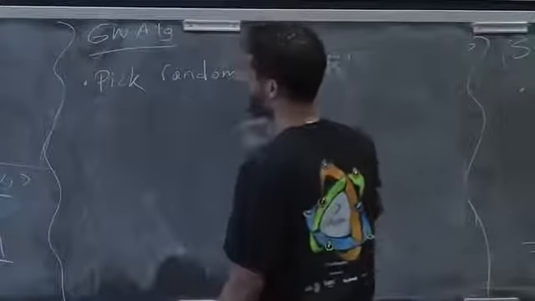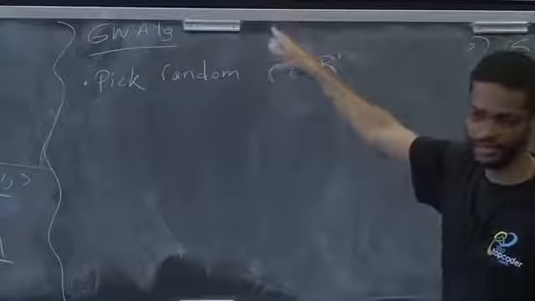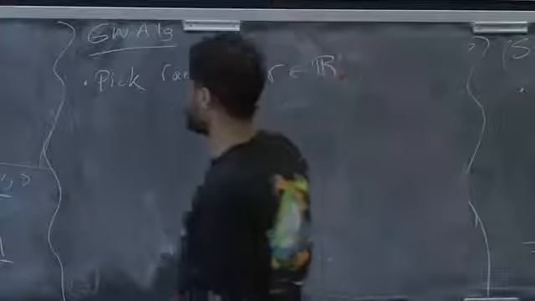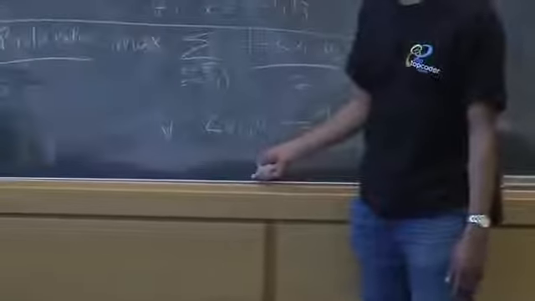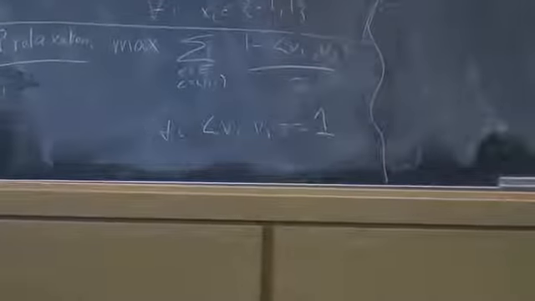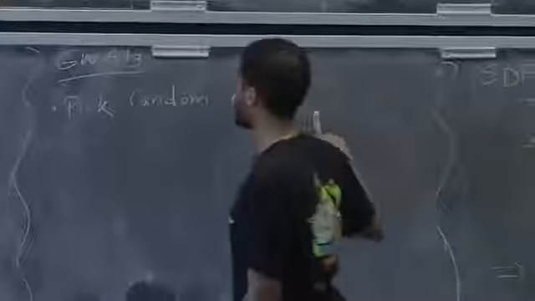By the way, remember from the way we got to vector programming from SDP, these vi's were the columns of a matrix M. They're n-dimensional vectors. So we're going to pick a single random vector r in R^n, and